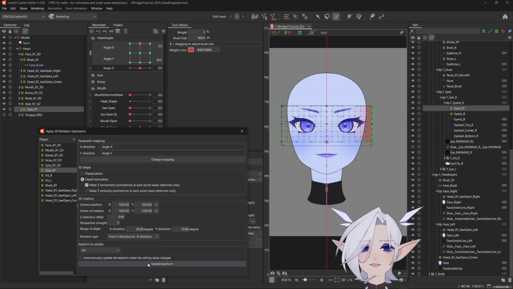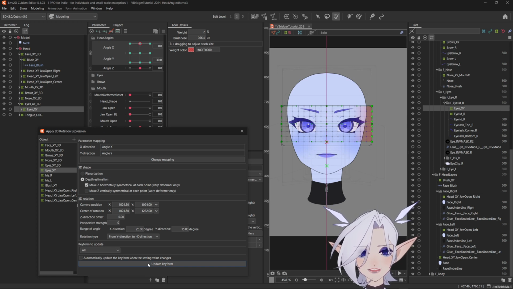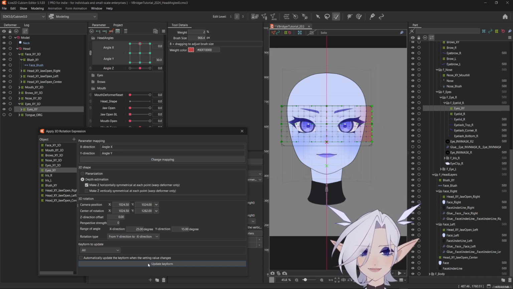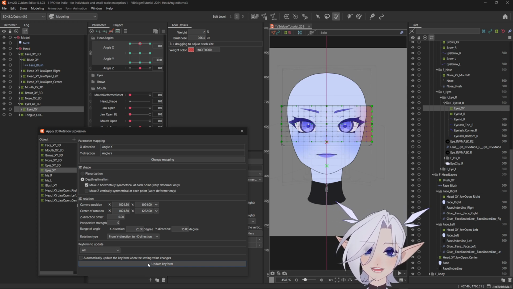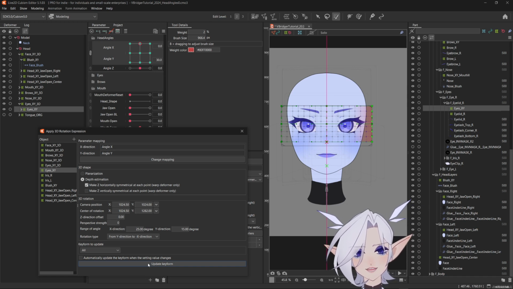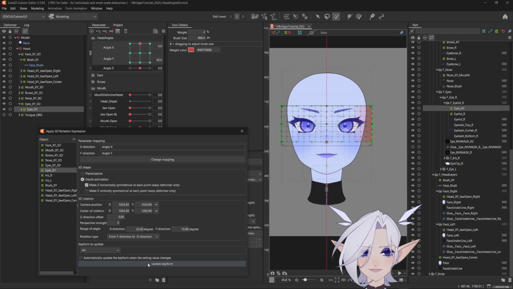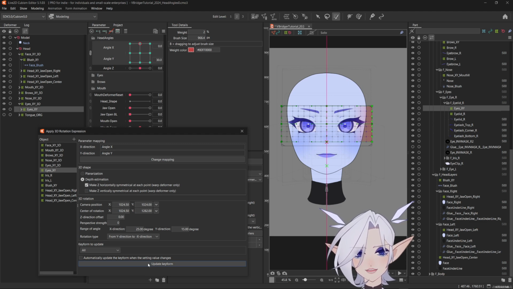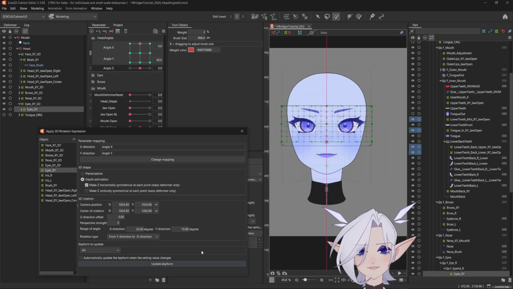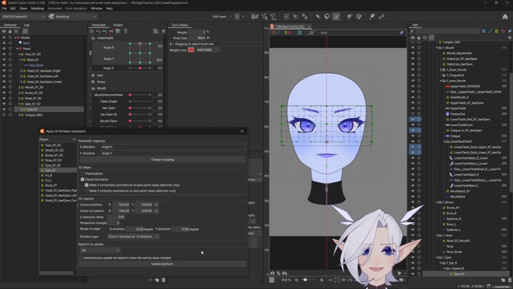But if you have just moved to a new keyform, I guess it just thinks that the entire deformer has changed, so it tries to apply the symmetry over the entire thing. If you hit update keyform first and then make your changes, it actually only listens to the changes that you made and not the entire deformer. It's a little weird, but it is what it is. So bearing that in mind, I'm going to hit update keyform first, and then I will make my actual changes